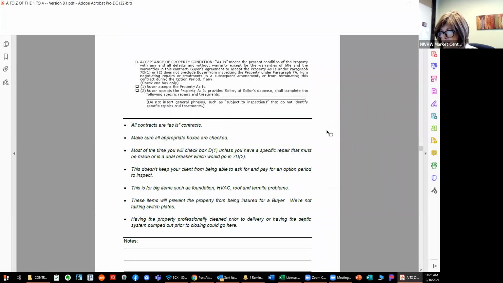Acceptance of property condition. All contracts are as-is contracts. Every contract is as-is, and make sure all appropriate boxes are checked. So you'd say D1, buyer accepts the property as is. Okay. You could choose D2, buyer accepts the property as is, provided seller at seller's expense shall complete the following